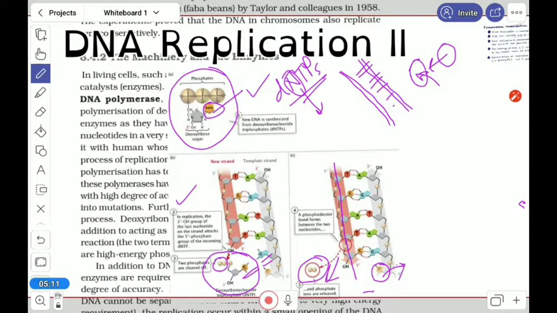So in this way, one after another, according to the nucleotides and nitrogen bases on the template strand, the deoxy triphosphates come and join accordingly. So these are the raw materials here.